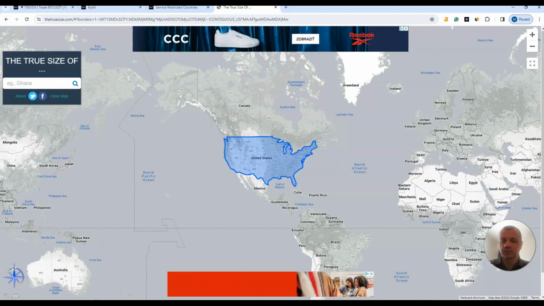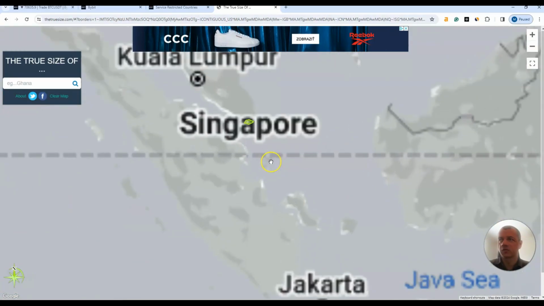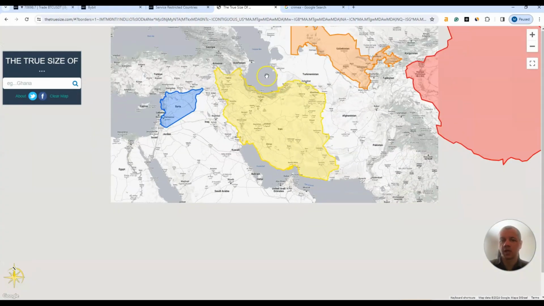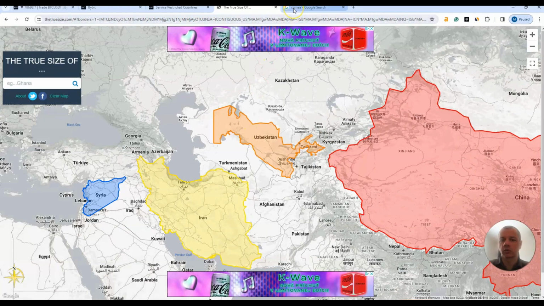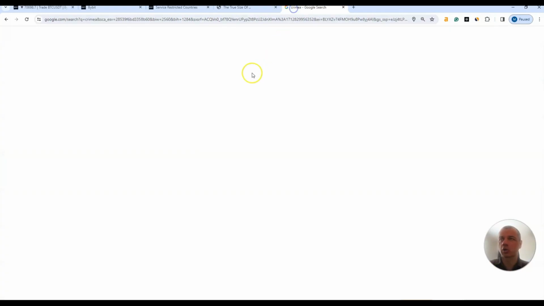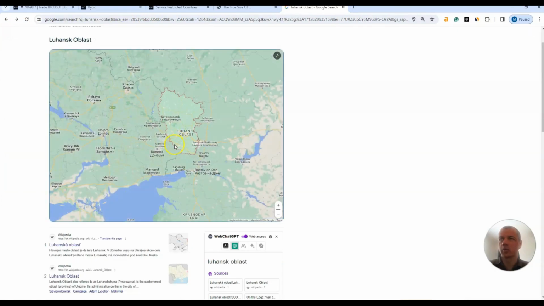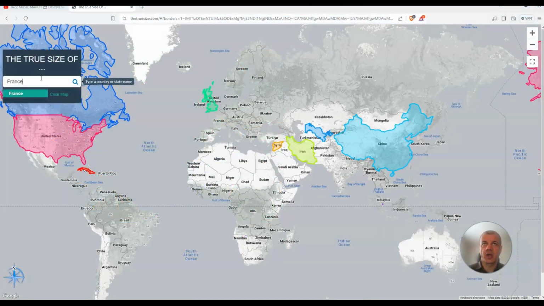United States, United Kingdom, mainland China, Singapore, Canada, Cuba, Iran, Uzbekistan, and some Russian-controlled regions like Crimea, Luhansk Oblast, and Donetsk Oblast, France,